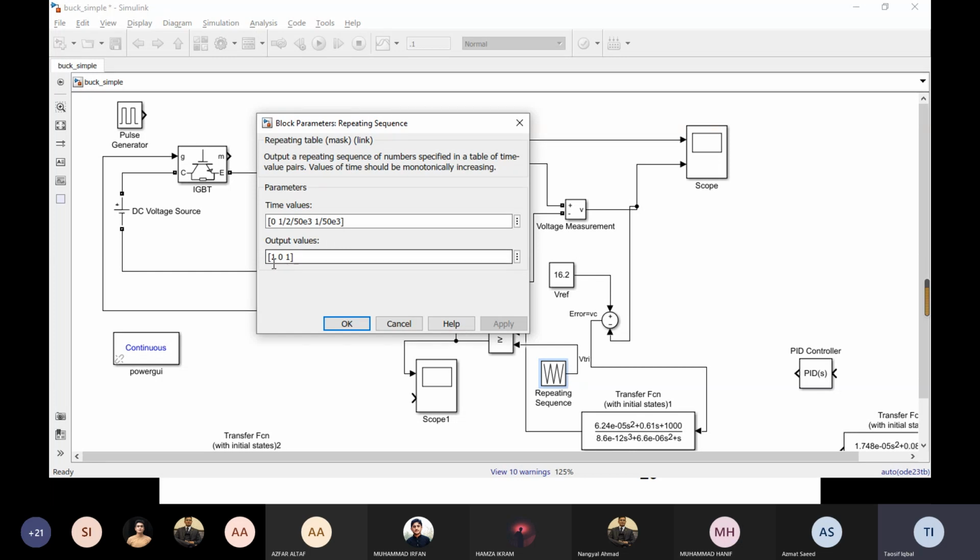So we use an inverted triangular wave. First is the maximum, then minimum, and then maximum, so that the PWM signal is in the same line of error logic. It means if we want the error to be reduced, then the duty cycle should be increased. If we change the triangular wave from minimum to maximum, then the logic will be inverted.